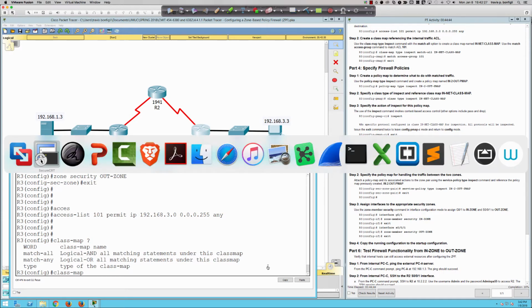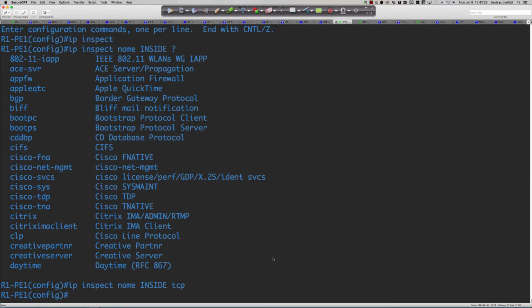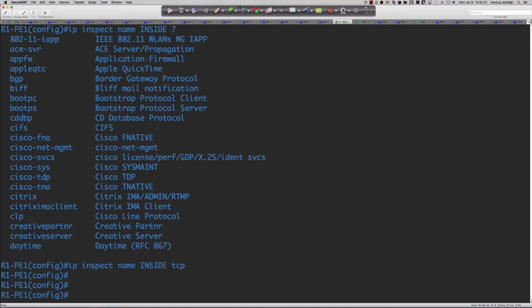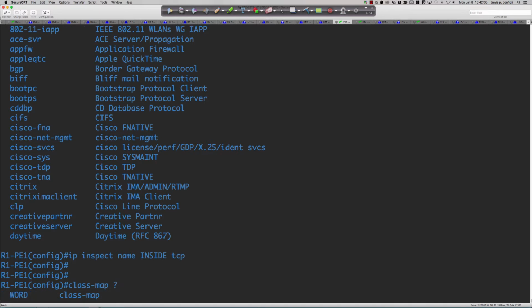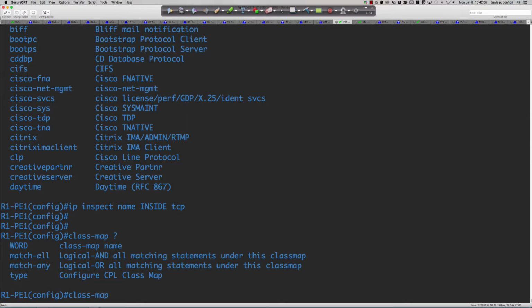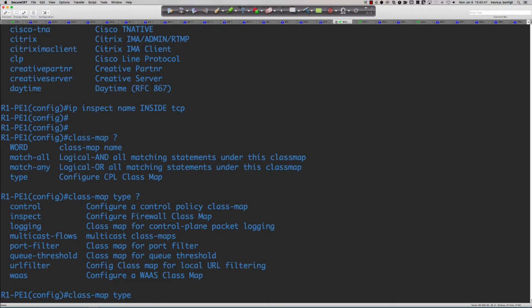So here's what I'm trying to say, and be careful of this on real Cisco iOS. Here I am on router 1. If I say class map and do a question mark, you can see that we end up with word, match all, match any, and type. So when I go to say type, that's when I get to pick inspect. If I don't say type and I simply say class map, and let's say I was going to create this class map and call it in zone,